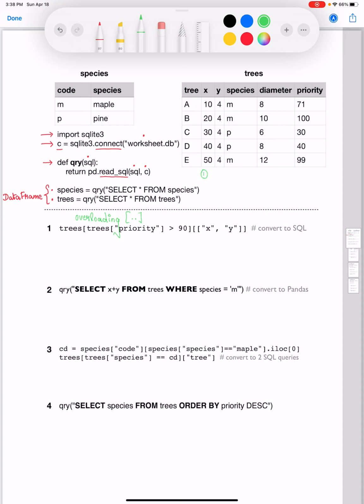Recall that the first time we encountered a square bracket was with the list data structure. With respect to list, various operations use a square bracket. The first one is going to be creation. The second one is going to be indexing, which enables us to look up a single value within the list. The third one is going to be slicing, which enables us to look up multiple values within the list.